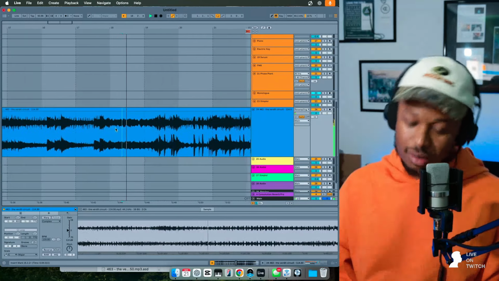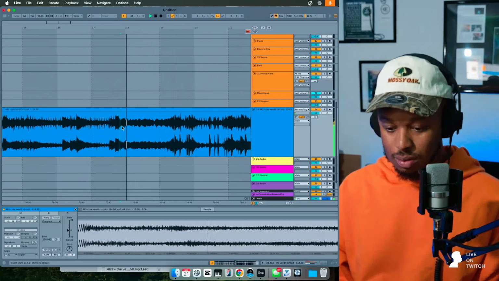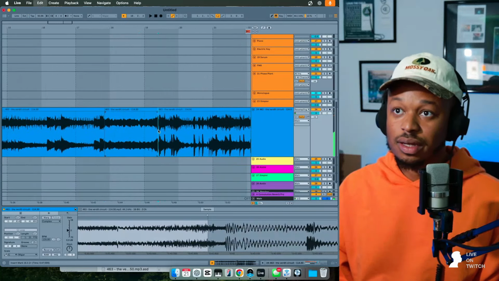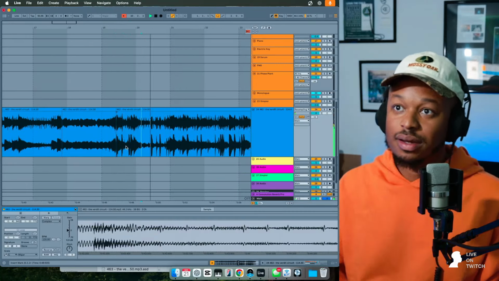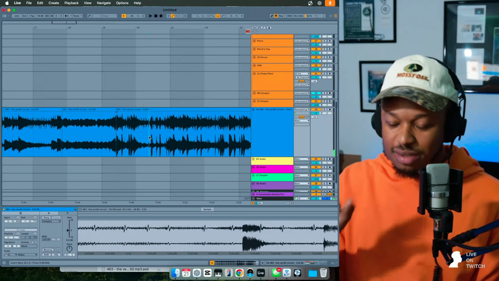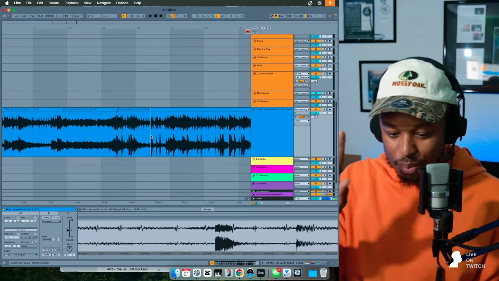I like this. Yep. I love how open these drums are, and I'll tell you exactly why. We're literally just gonna break it down into pieces.